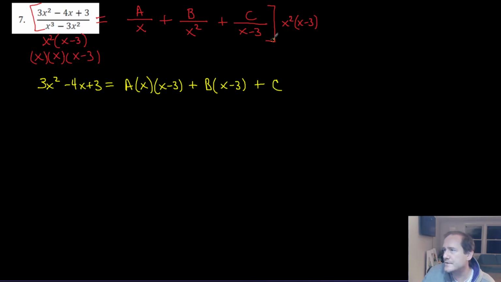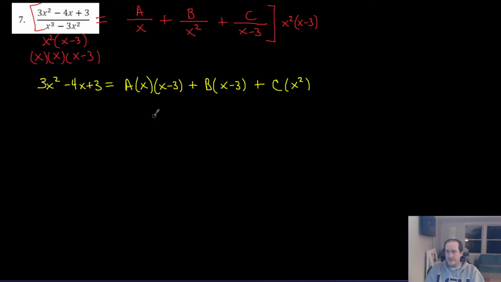Then here the x minus 3's cancel, so we get cx squared. So there's our fully expanded form. This is our decision point. You could expand everything and build yourself a big 3x3 system of equations, but again, this looks like a really good let statement problem. We can let x be 0 and the a and the c will cancel, we'll get b. We can let x equal 3 and the a and the b will cancel, we'll get c. Then we can let x equal whatever we want and use the b and the c values to solve for